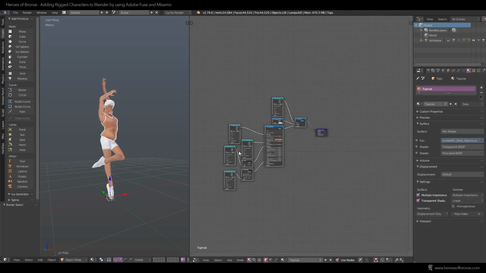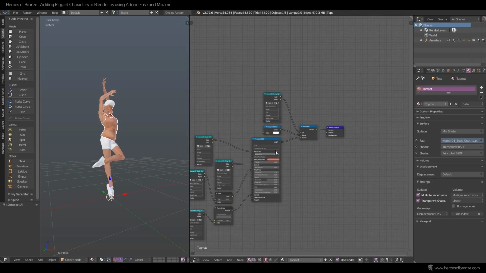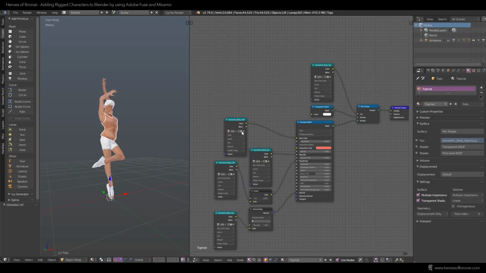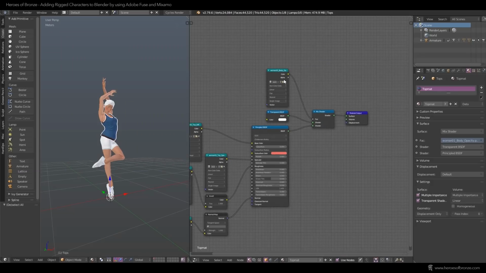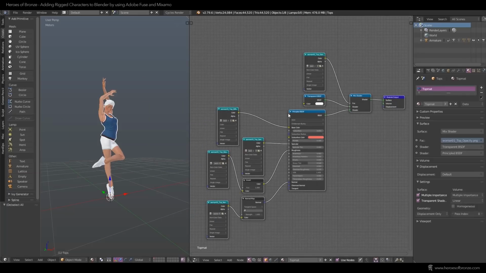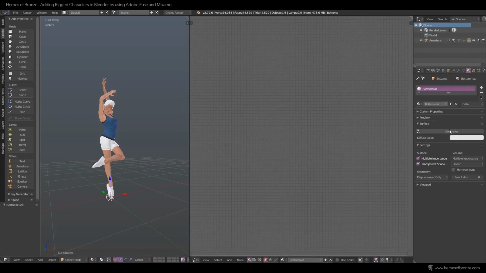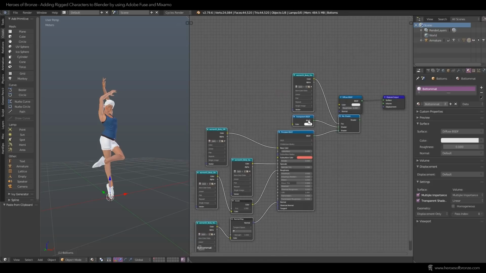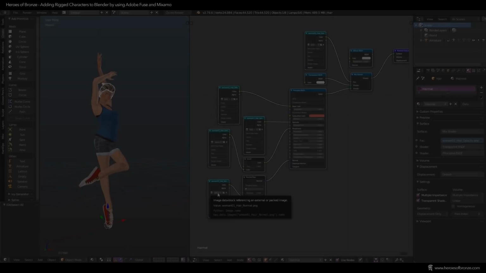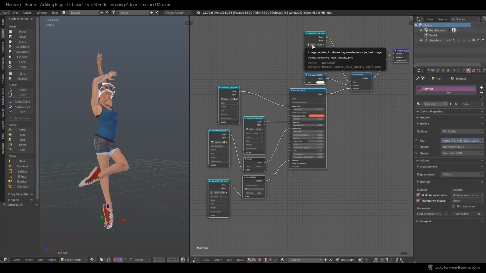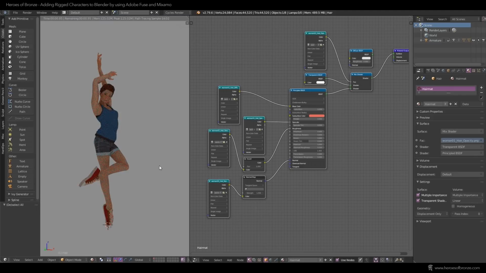Of course now the shirt uses the same texture maps as the body, so we need to switch all of them for the correct ones. Simply go into each image texture node and replace them. And then go do the same thing for all the other materials in the scene. Ctrl C, Ctrl V into the new shader and plug in the right textures. Once that's done, it's time to hit the render again and behold the beauty.